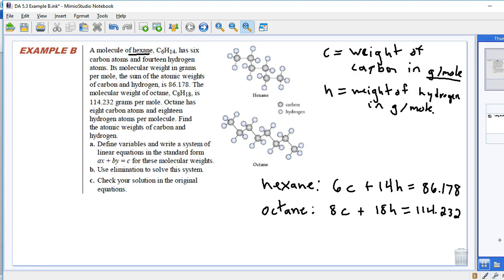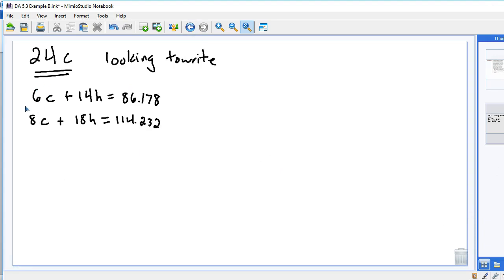Let's go back and get our equations. I want to have 24C. What do I have to multiply this equation by to get 24C? I need to multiply 6 by 4, so I have to multiply every single thing by 4, otherwise it's no longer the same equation. I'm going to write down this multiply by 4 just so I remember. 6 times 4 is 24C, plus 14 times 4, which is 40 plus 16, is 56H, and that's going to equal